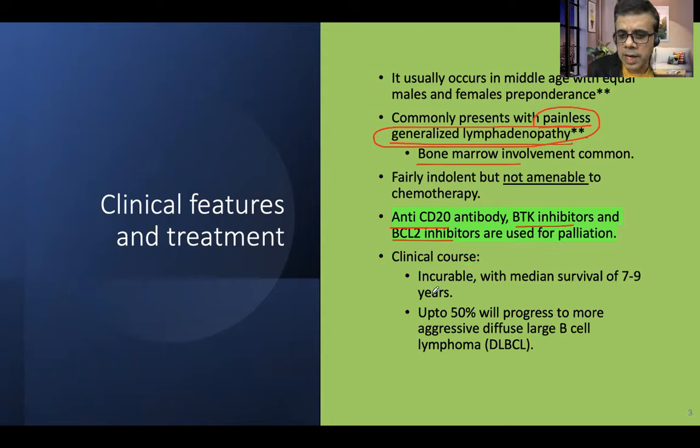Clinically, it is incurable as such, with a median survival of 7 to 9 years. They are not amenable to cure with any chemotherapy or anti-CD20 and anti-B cell marker therapies. And 30 to 50% of these patients in turn progress to